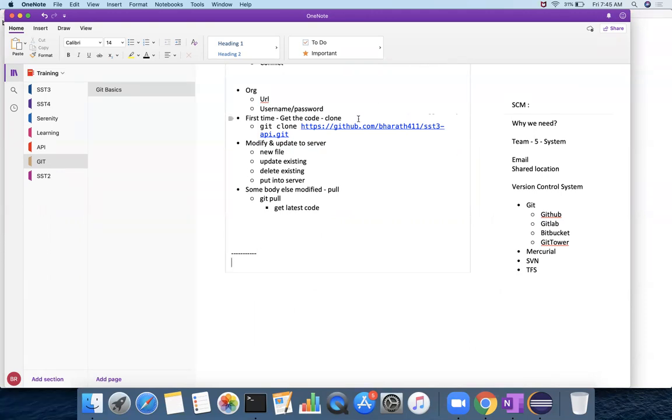First thing, I will modify an existing file. That is my first step. After modifying the existing file, I will check what files are modified.